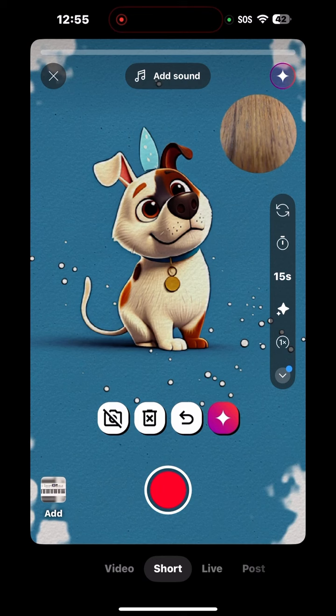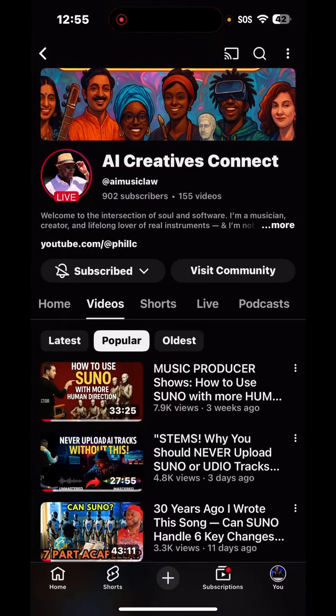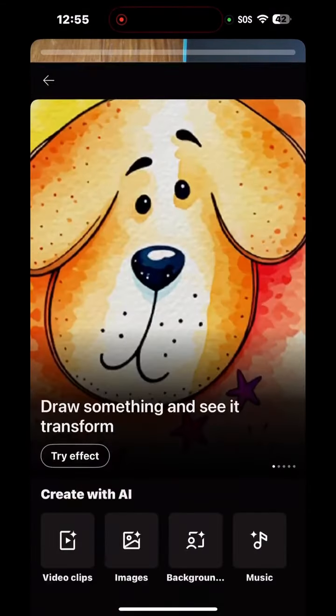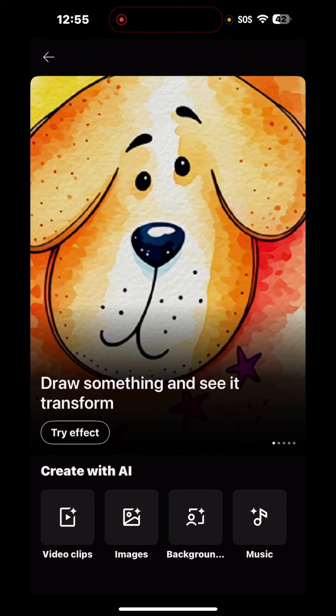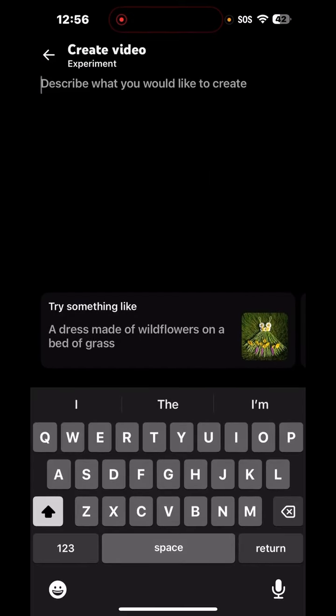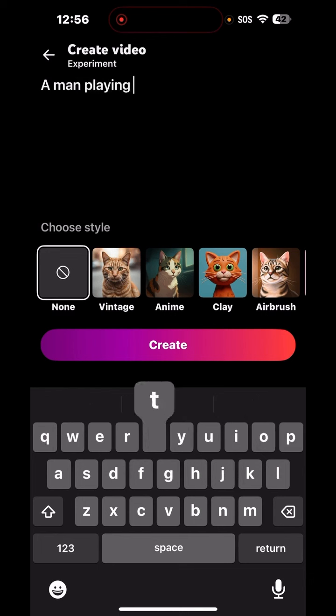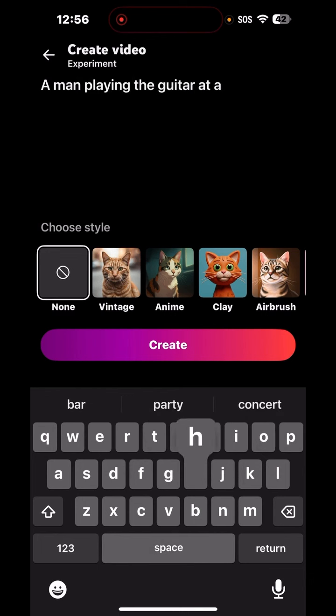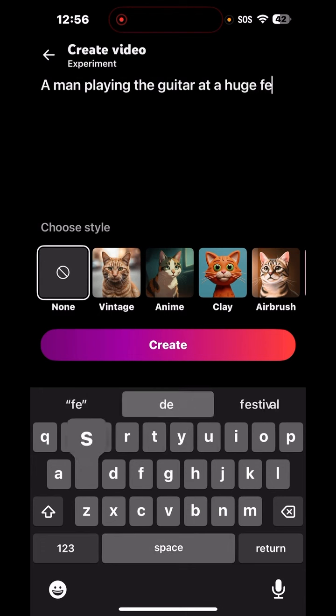Hit plus, hit short, hit the sparkly sign again. And instead of just doing try effect, why don't we do create with AI video clips? Number one, video clips. So create video. It wants you to type in what you want to create. And I'll say a man playing the guitar at a huge festival